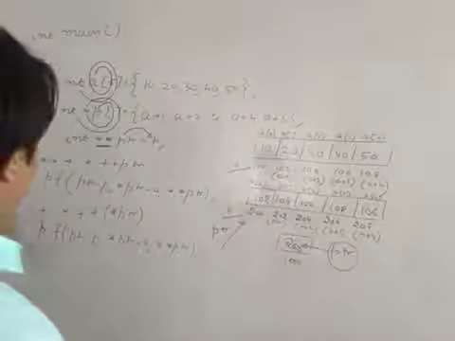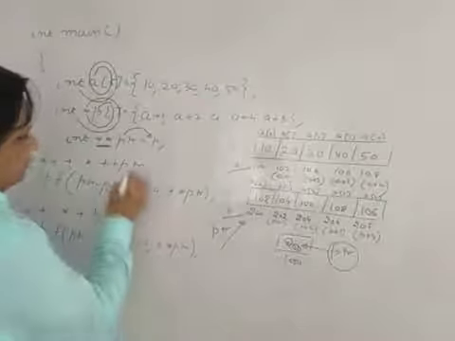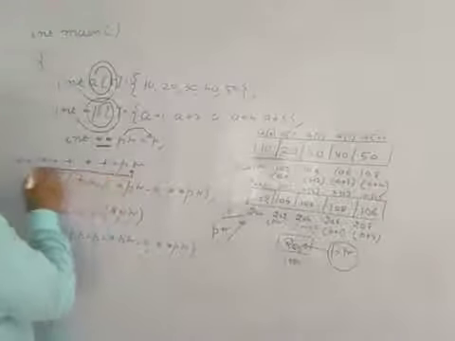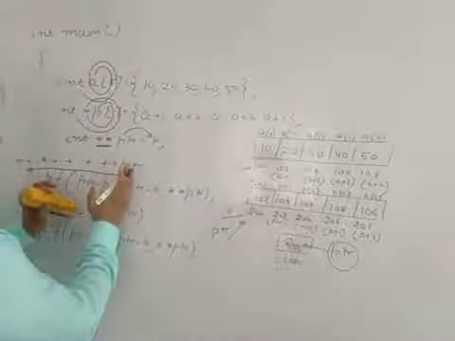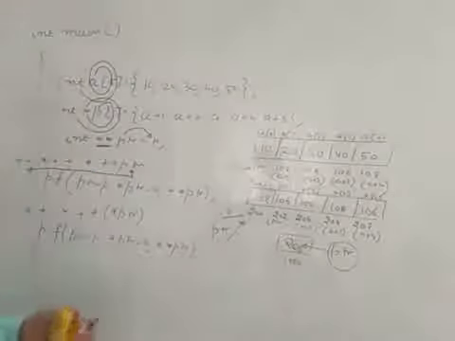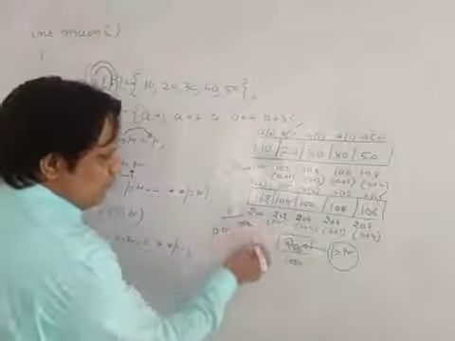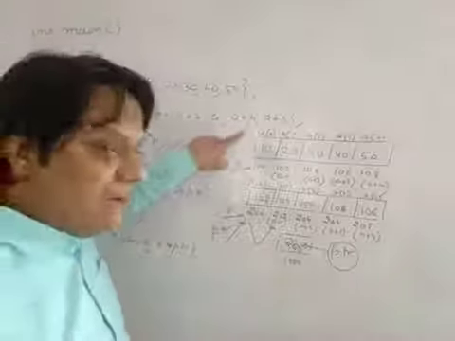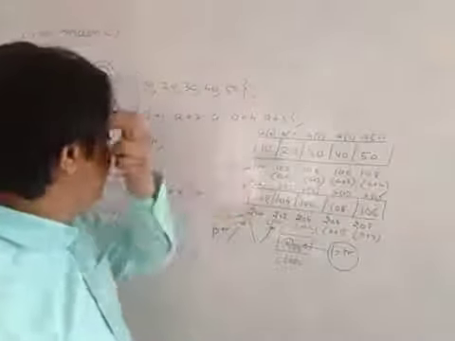Now try to solve these pointer expressions. Now ++ptr. What you do guys, focus on the variable and try to solve the expression in this way, right to left. From the variable you move to the left side. So from ptr you do ++ptr. That means you try to increment the pointer. When you increment the pointer, your pointer moves to what? 202. Now before this, what is the value of a? a is 100 because a is an array. What is p? p is also an array. So the value of p is 200.